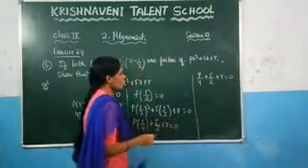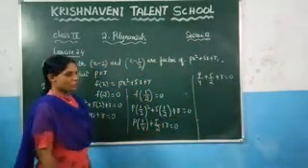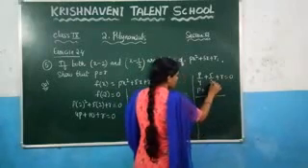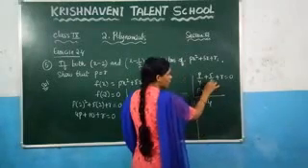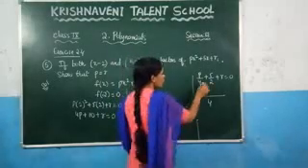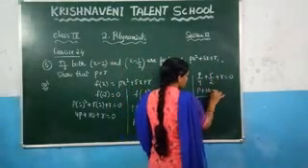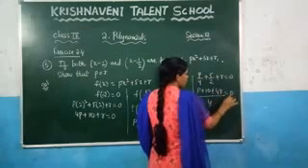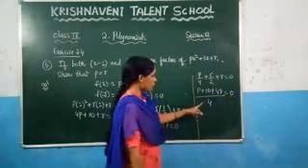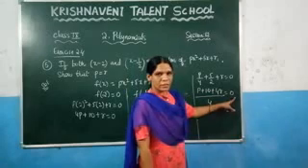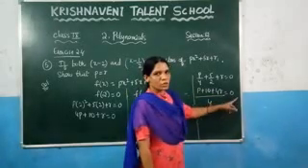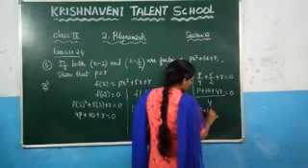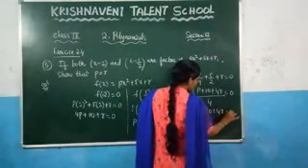Now take the LCM. What is the LCM of 2 and 4? Which is 4. So what you get is p plus, and for 5 by 2 you need to multiply by 2, so 5 into 2 is 10. For r you need to multiply by 4, so you get 4r is equal to 0. Since here we are dividing, if you take this to the other side, it becomes multiplication. 0 into 4 gives 0. So you get p plus 10 plus 4r is equal to 0.